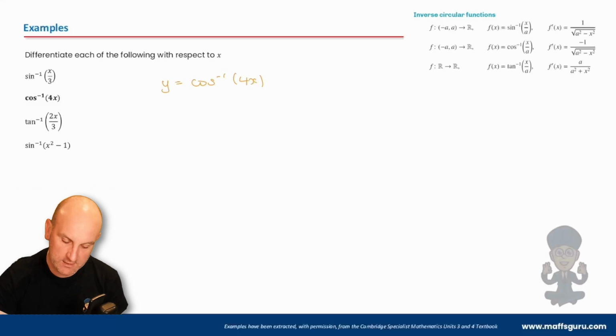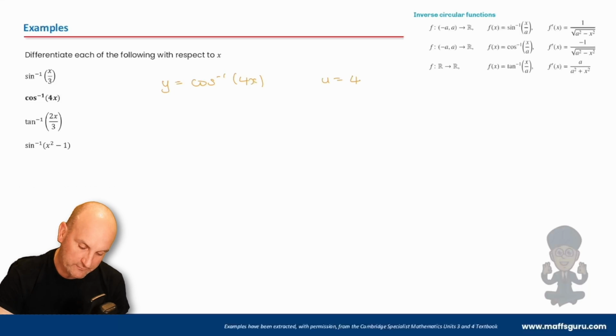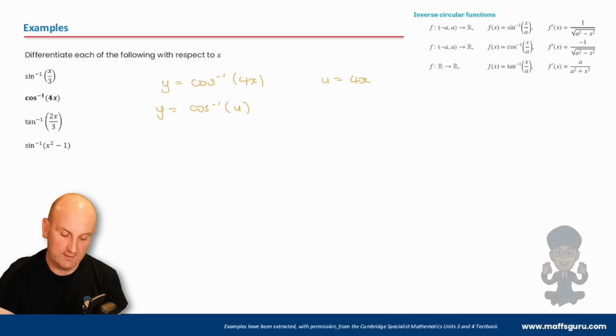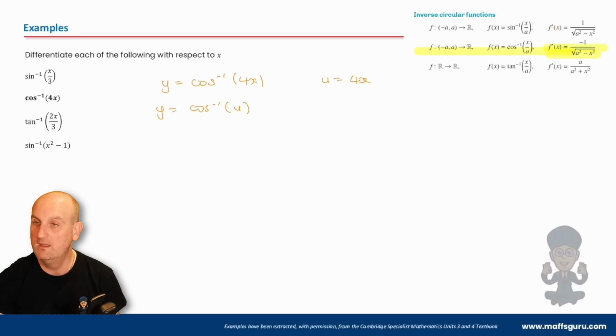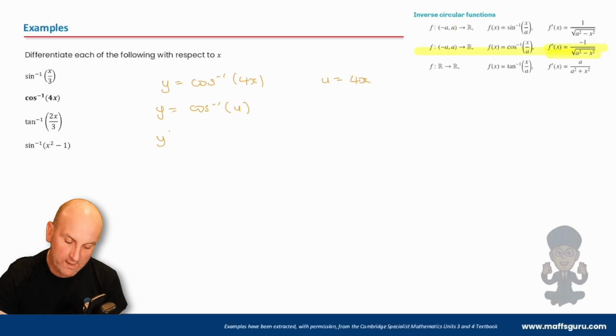So what if I now let u equals 4x? Then I get y is equal to cos to the minus 1 of just u. Well, if we now make sure we use the correct one, and again I'm going to highlight it because I am a stickler for making sure I get this right. Now, in this situation, a is going to be equal to 1. So we're going to have that y dashed is equal to minus 1 on the square root of 1 minus x squared